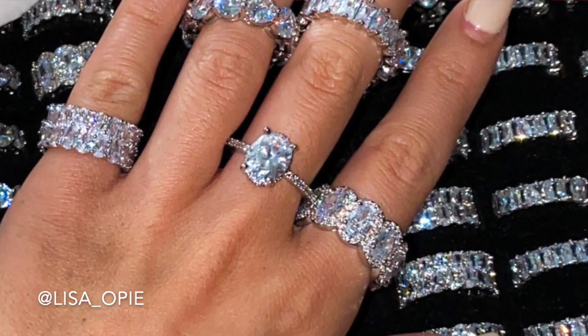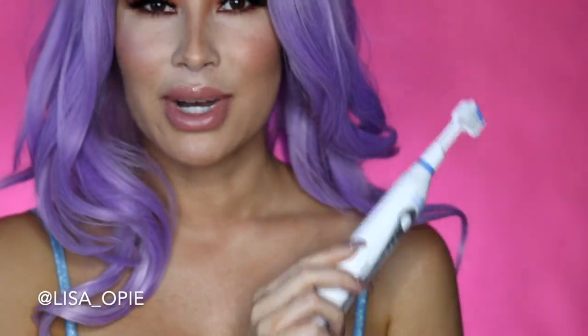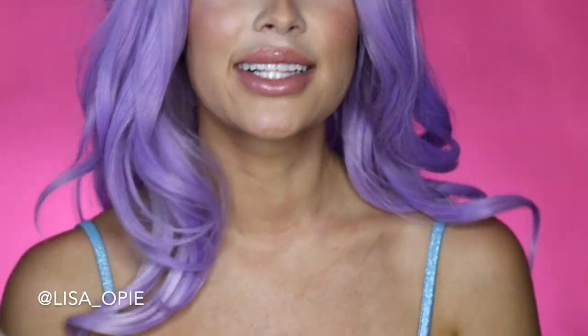So I'm just gonna go ahead and keep this Upbra on for the rest of the video because I'm totally feeling myself. But the next holiday gift idea slash must-have is one of these rings from the Ladycode shop. These are stackable CZ rings. They come in sizes from 4 all the way up to 9, so you can decorate any finger that you want to, and I definitely recommend getting a couple so that you can stack them or wear them on different fingers. So the next thing that is an absolute must-have, it's a little bit weird, but it's a toothbrush,